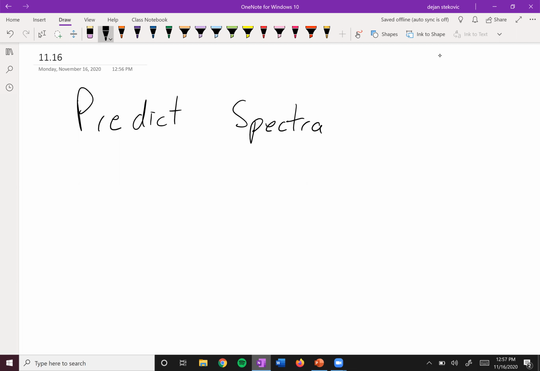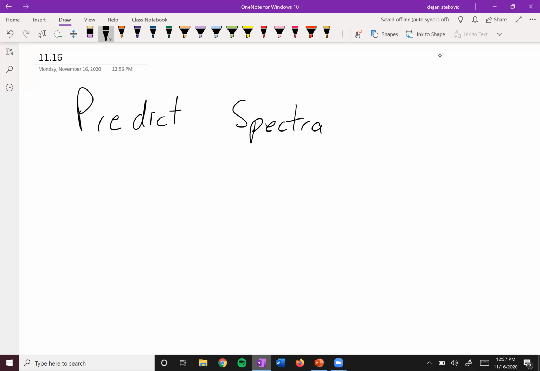So our overall goal here is to go from a spectra to a molecular structure. However, that's the more difficult way to do it. An easier way to do it is to go from the compound to the spectra. And so you want to practice with a couple of these, right? Being given the compound, predict what the spectra would look like, and then check it. And then once you get comfortable with that, then you can go on to looking at spectra and then predicting